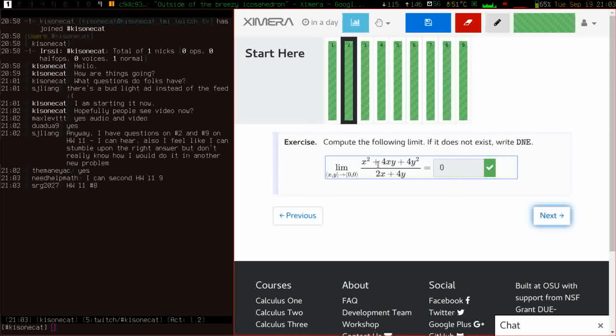The numerator has a factor of x plus 2y. It's actually x plus 2y squared. So it cancels this denominator, which is 2x plus 4y. So the denominator factors as 2 times x plus 2y. And then